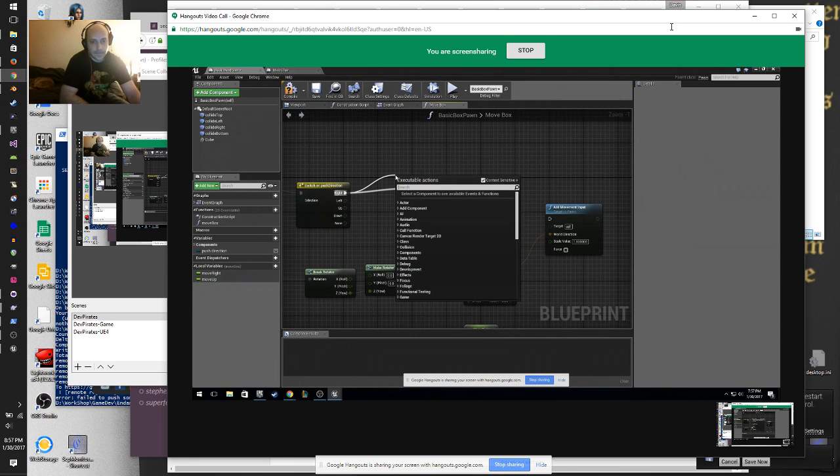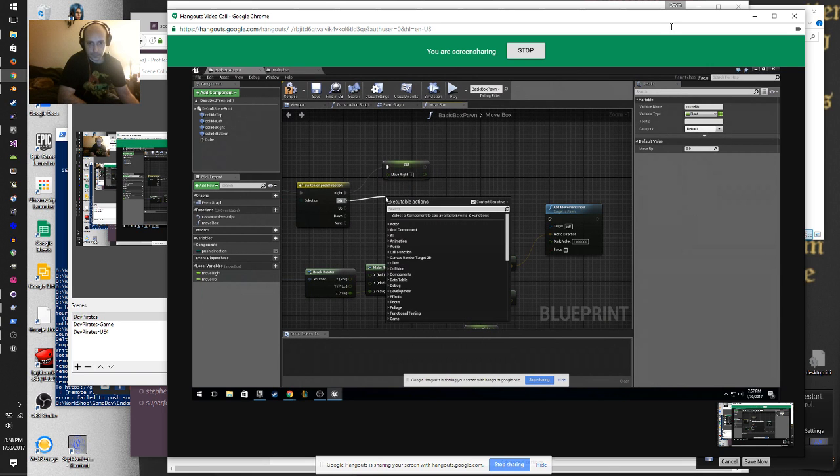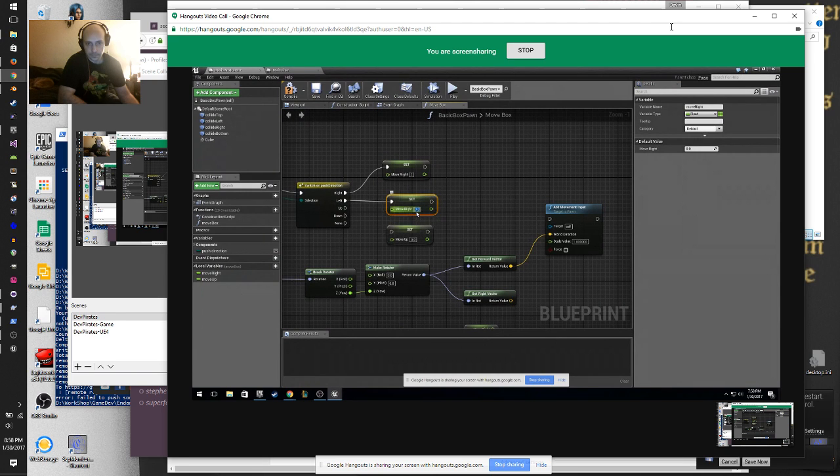Right doesn't want to set move up. Right wants to set move right. Break. And set move right to be 1. Then we'll set move left. We'll set move right to -1.